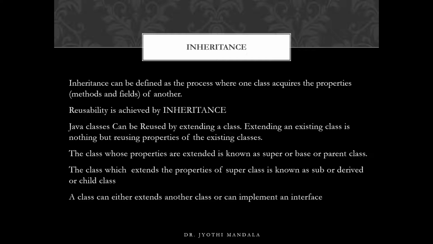We have already learned that whenever you want to acquire the properties from the parent class, we can do that by using single inheritance or multi-level inheritance. The third type we'll learn in this lecture is how we can acquire the properties of a parent class using the third category, hierarchical inheritance.